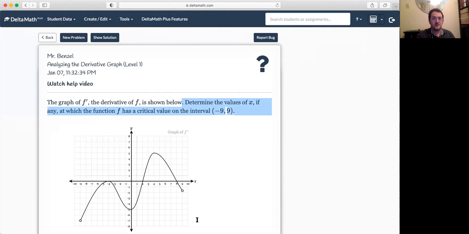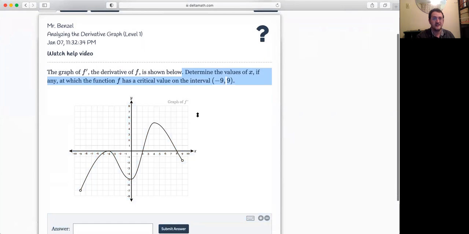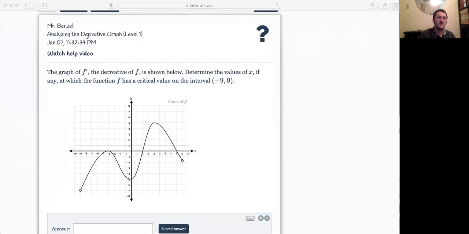All right. Now the next type of problem that we're going to do is analyzing the derivative graph, level 1. On this, it says the graph of f prime of x. This is important: this is not the graph of the original function. This is the graph of the derivative of the function. Determine the values of x, if any, at which the function f has a critical value on the interval -9